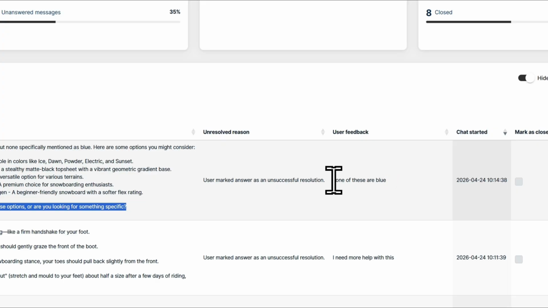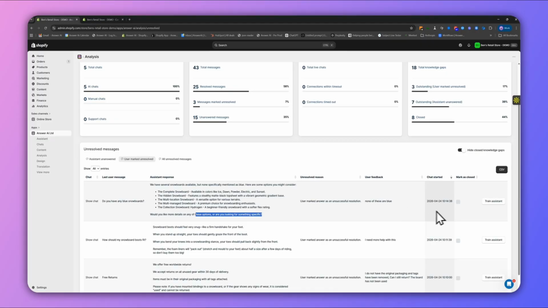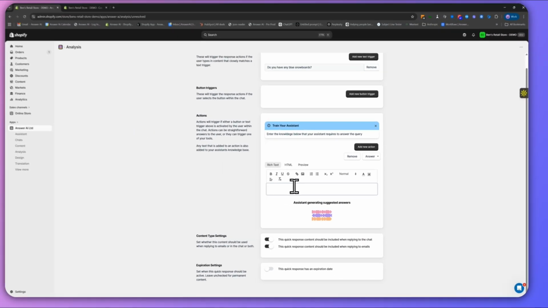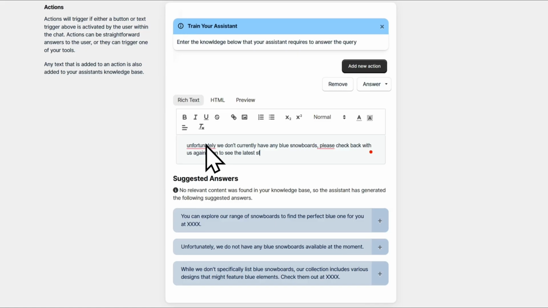In the user feedback section, the customer has advised that none of the snowboards are blue. This feedback could potentially highlight that the product descriptions or web page content may need to be updated to avoid this. But in this example, we do not have any blue snowboards, and therefore it is worth training the assistant